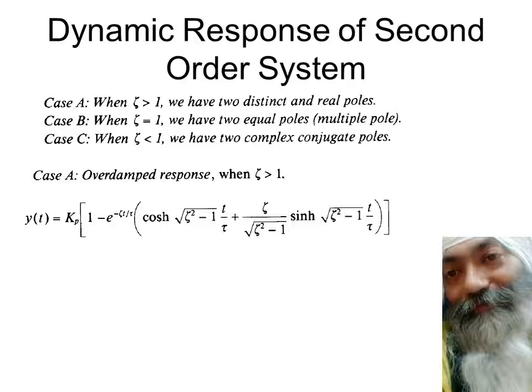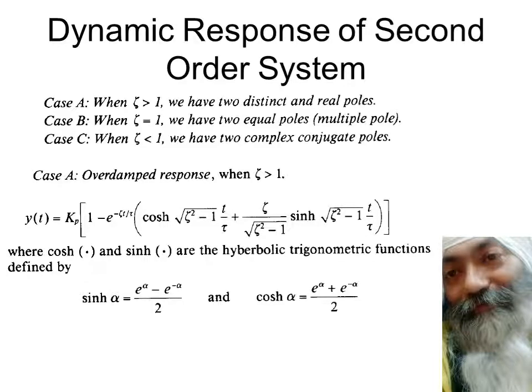its curve is somewhat similar to what we had in case of first order response. The only difference is that the first order response started with a greater slope, and slowly its slope reduced. In this case, it starts slowly, sluggishly. The beginning is slow, then it picks up speed, and then finally it slows down again. This is a little bit of an S shape. It's slightly different from the regular first order system. That's what we're going to see in the figure.